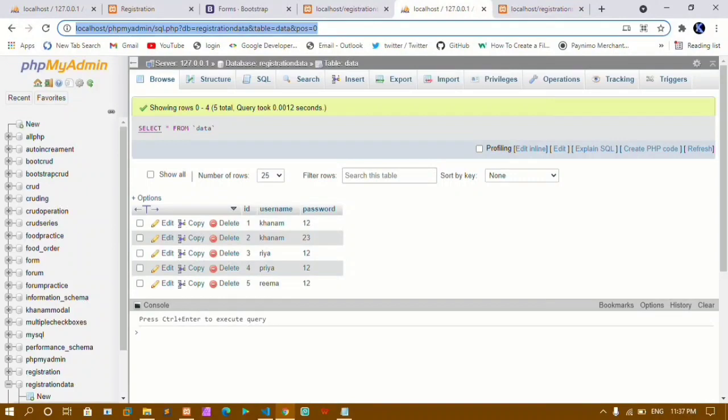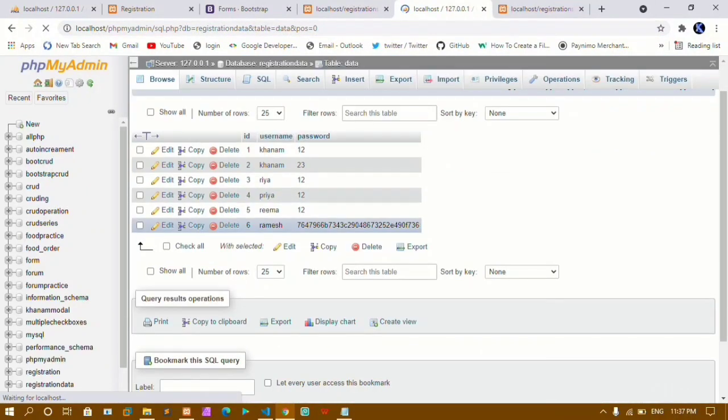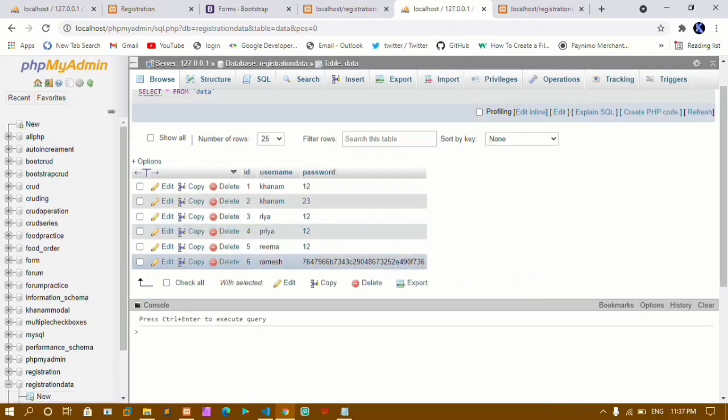I'll come to my database and refresh this one. Now you can see here my password has been encrypted and it's not readable. Nobody can guess what password I have entered. 89 has turned to so many digits of number. This is how we are going to encrypt the password, and that password we are going to store inside